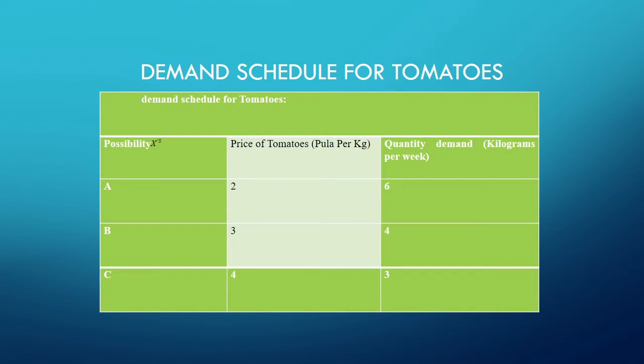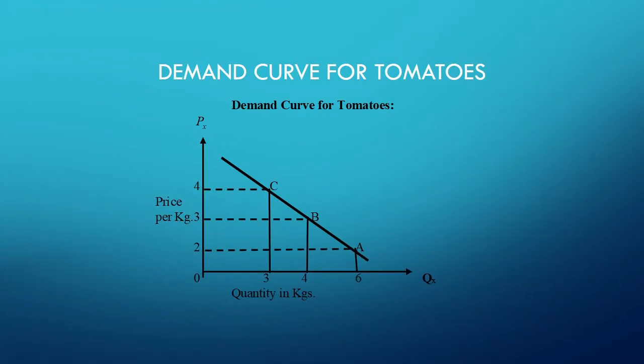When the price goes up further to 4 pula per kg, the person will only be able to buy 3 kilograms of tomatoes. Therefore, the higher the price, the lower the quantity demanded, and vice versa, ceteris paribus. As we have said, this law is very important because it determines the slope of the demand curve. And as we can see on the curve, which has been plotted out of the data that is in the schedule,